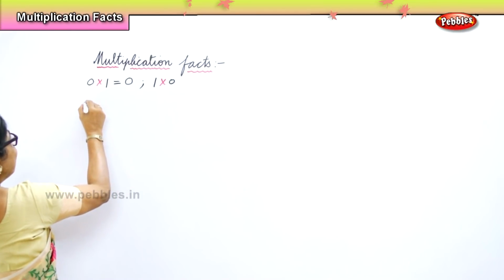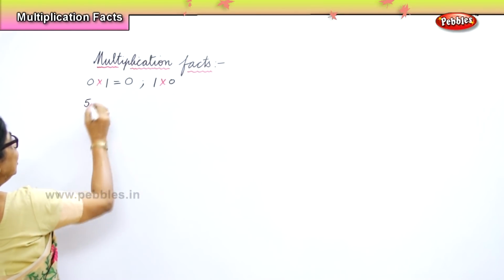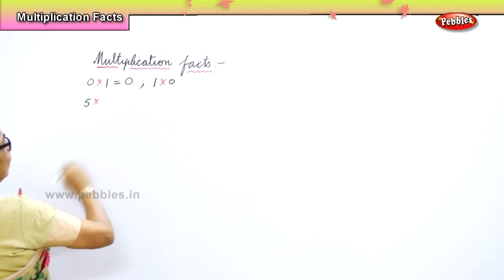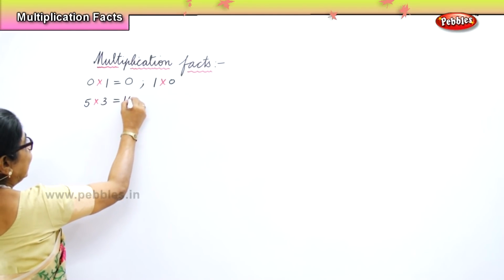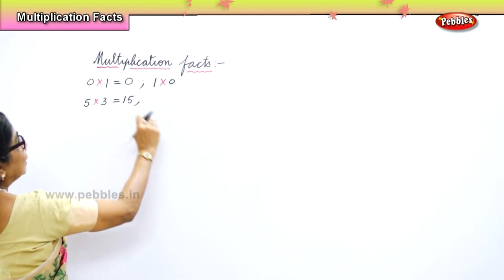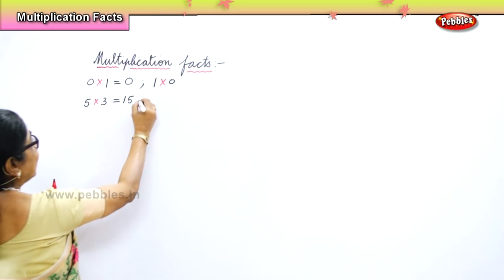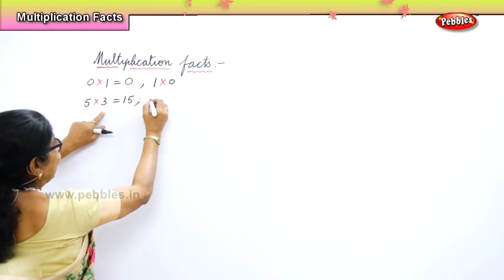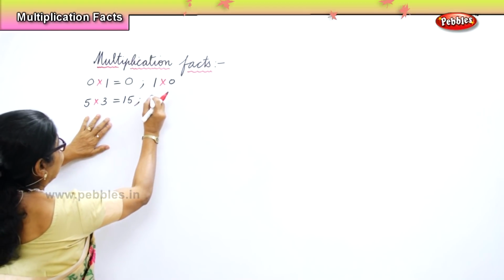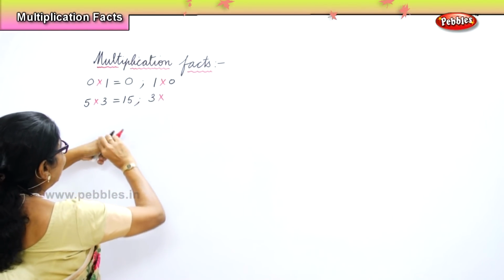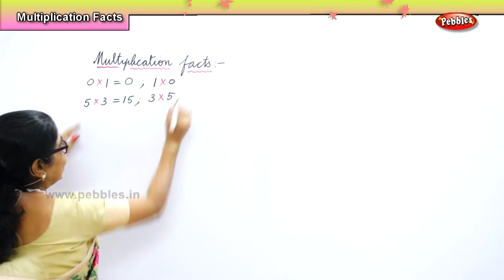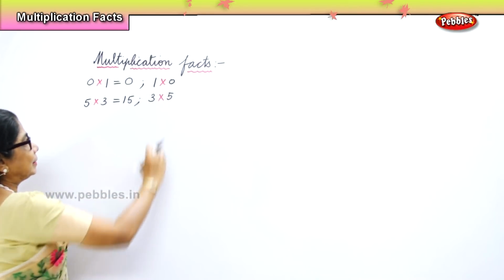Now let's take 5 into 3 is 15 and the multiplication fact is 3 into 5 is also 15. Alright. Next